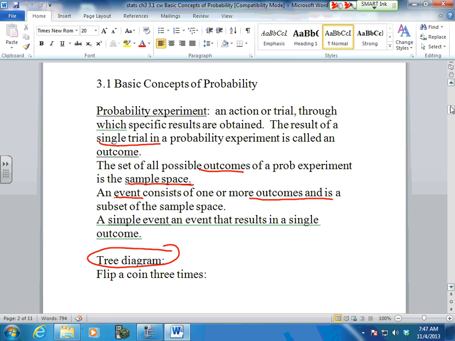What this does, though, is find you your theoretical probabilities. Your theoretical probabilities are what should happen when I do this. Doesn't necessarily mean it will happen when you do this. That's your experimental one. So theoretically, when you flip a coin 3 times,